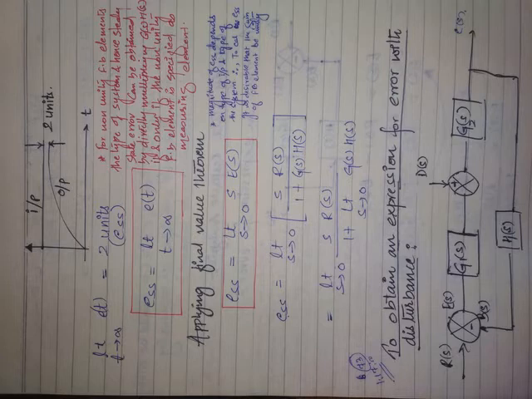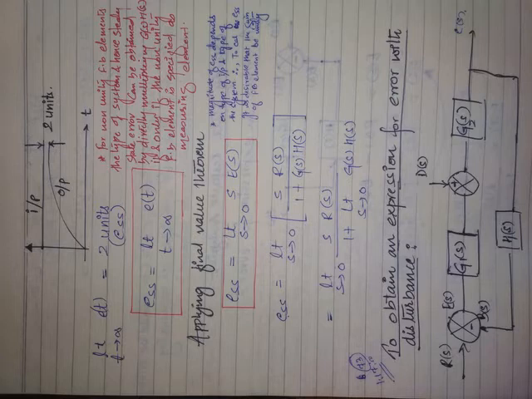Suppose H of s is a non-unity element, then you can write E of s as R minus B if and only if the non-unity feedback element is specified as a measuring element. It should be a sensor or transducer. Which means if there is a 10 here or some function of s,